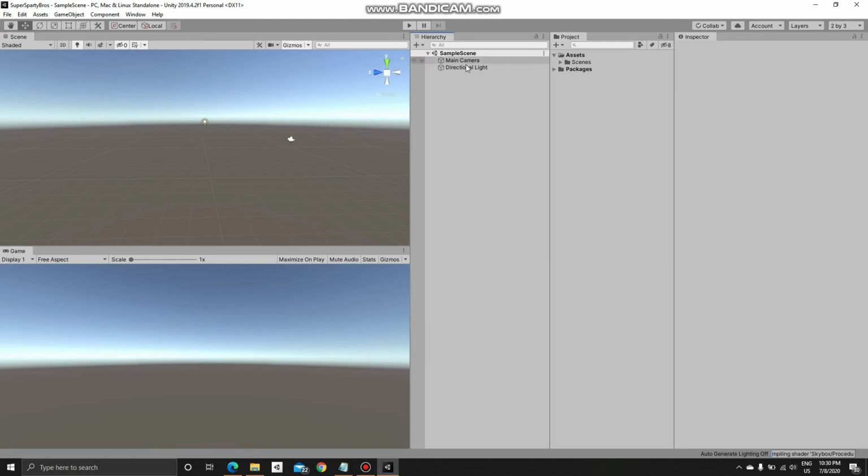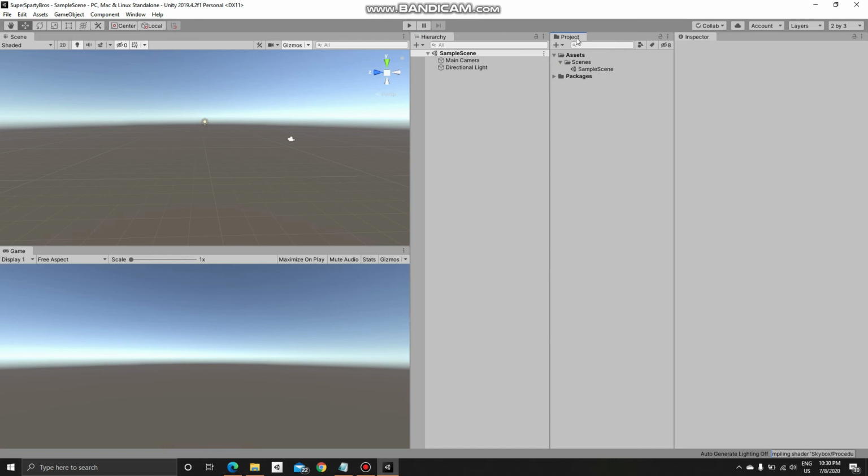Hierarchy will display all the game objects that are inside your current scene. What a current scene is, maybe it can be described as one level of your game, or maybe a main menu, or any small part of the game is a scene, and hierarchy describes all the game objects that are inside your current scene, the scene that you have opened right now. So for me, it's a sample scene that is here in the project folder, in the project panel, assets, scene,